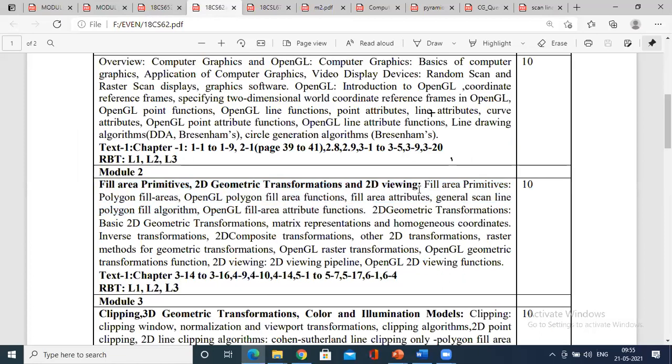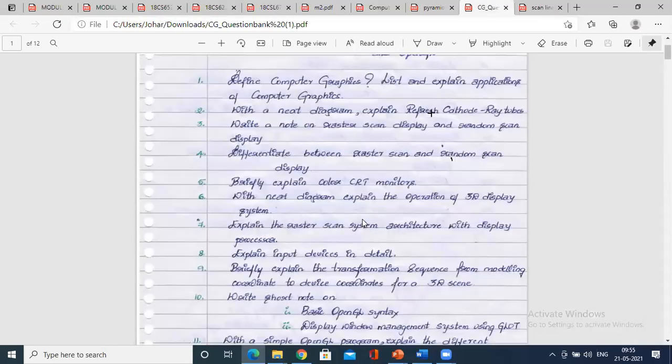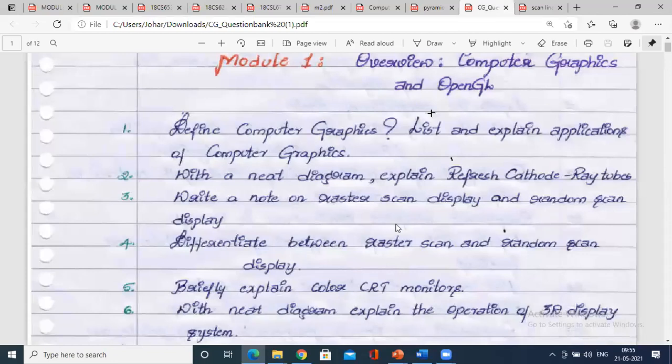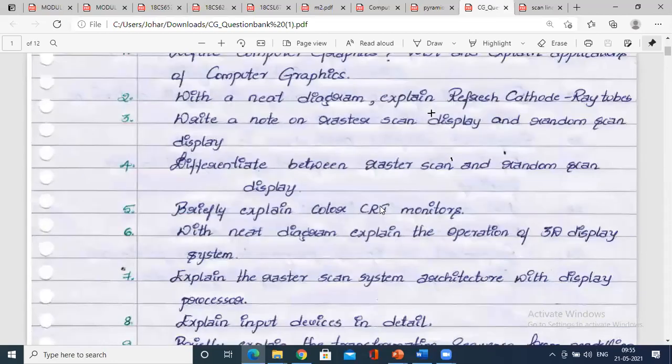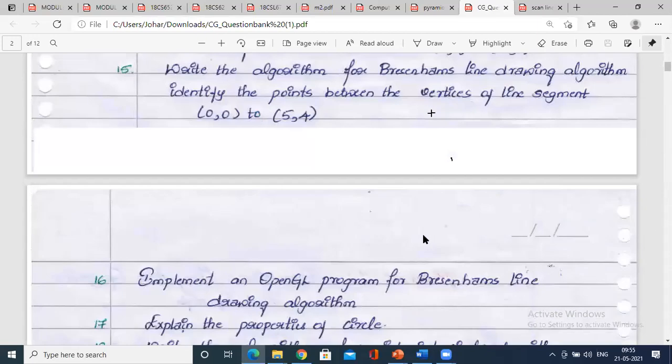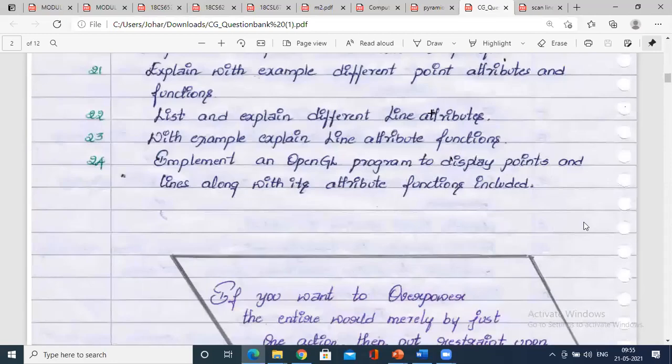So you would expect a question on scanline and polygon fill area functions, right? General scanline with the problem, vector method, right? Inside outside test as such, how do you identify the inside outside test, all those things. The question bank that I have given you would be useful for you. In the first module there are a few out of syllabus questions. In fact it was a previous syllabus thing, so you could eliminate those questions. The rest of the questions are very good.